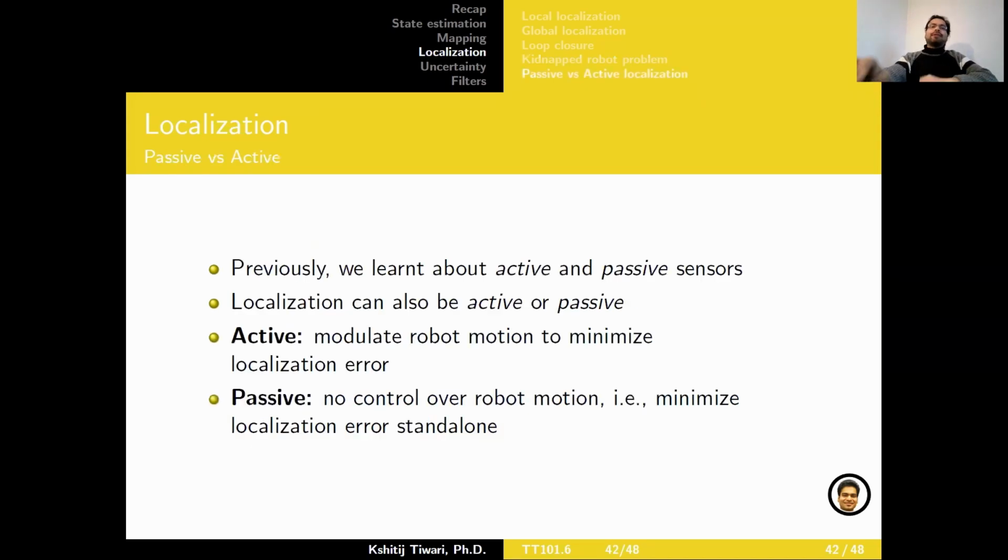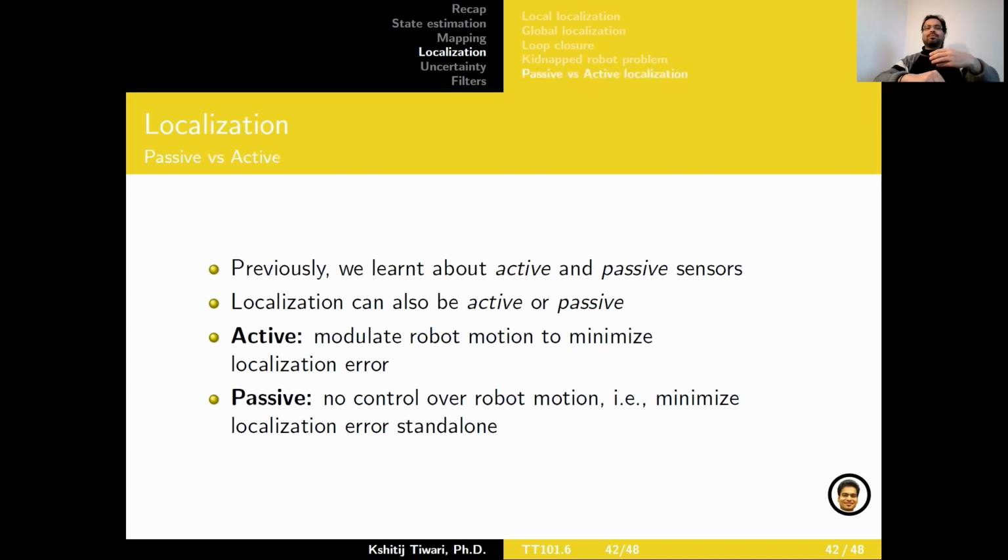And unfortunately, the terms active and passive, as we have seen before, get used in a lot of different contexts in robotics. And aside from sensing, and also in sensing, we saw what active and passive means for a camera versus what it means for whisker-like tactile sensors. Here also in localization, active and passive means slightly different things. So active no longer means it's emitting any sort of energy, but active means that, to be honest, personally,